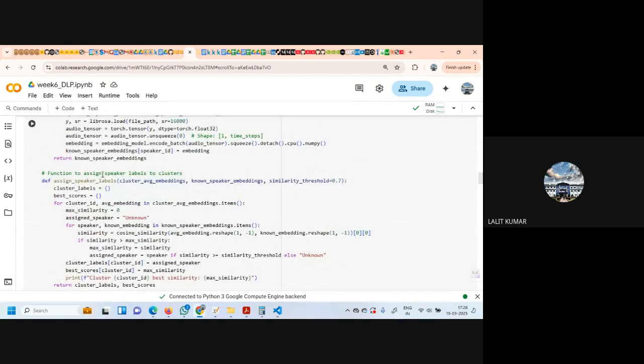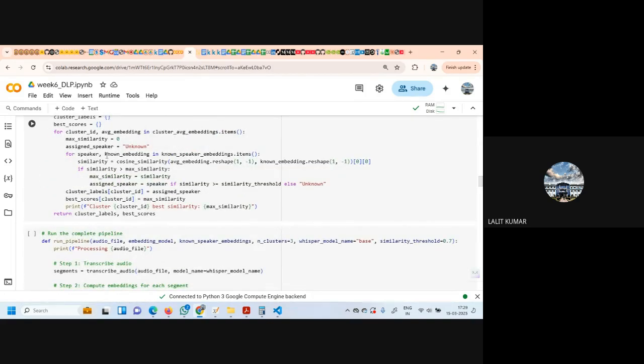Second is to assign the speaker labels. So we have got cluster average embeddings, known speaker embeddings, and similarity threshold, which we are putting at 0.7. Initially, again, a blank dictionary, and best scores is a blank dictionary. We are passing cluster ID and average embedding from average embeddings dot items. Max similarity is 0, and assigned speaker is unknown.